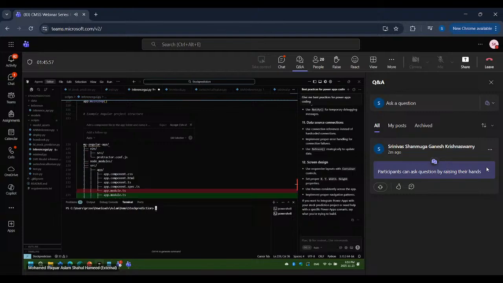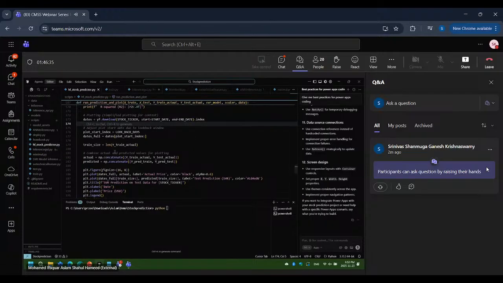I'm trying to predict the Apple stock using an algorithm called SVR. This is the code that I've written.